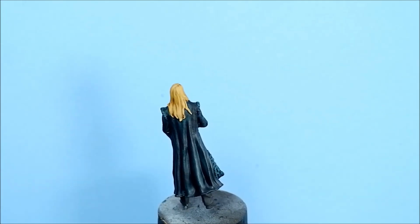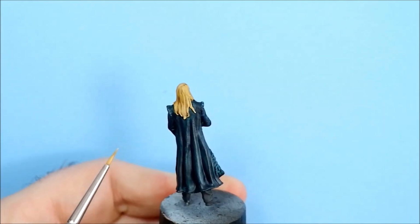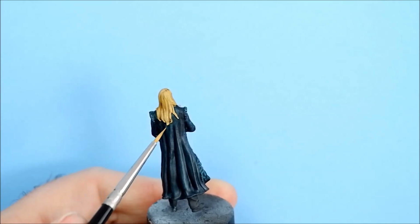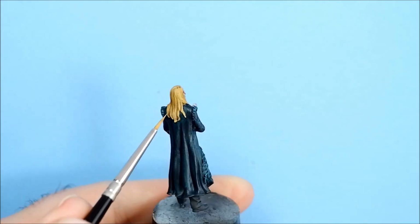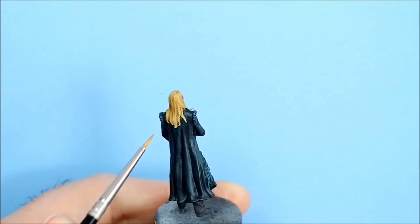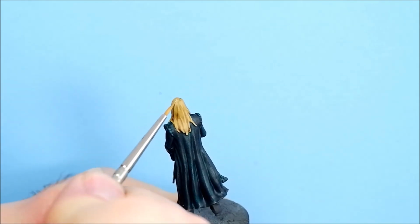I've started to highlight the hair with the original mix of Avalanche Sunset and Bone, and I've thinned it down since doing the base layer. So as I put these layers on now, they're a bit thinner, and it should help make a nice transition. So I said about leaving that part there quite dark because there's a contour there. I'll start the strokes here, so I'll leave that little bit in there quite dark, and then I'll go to the top of the head,